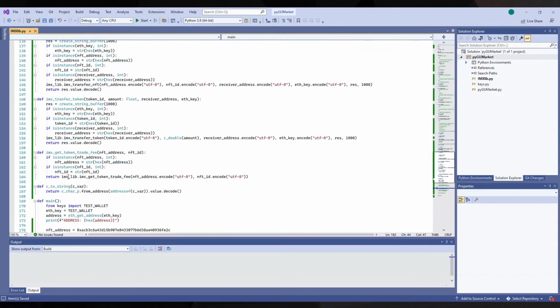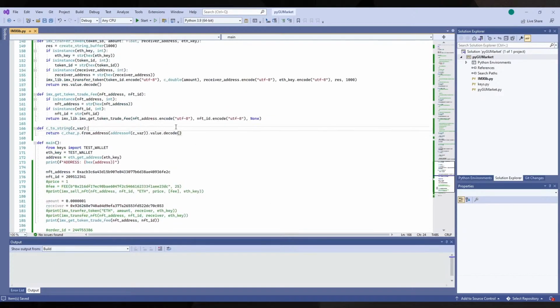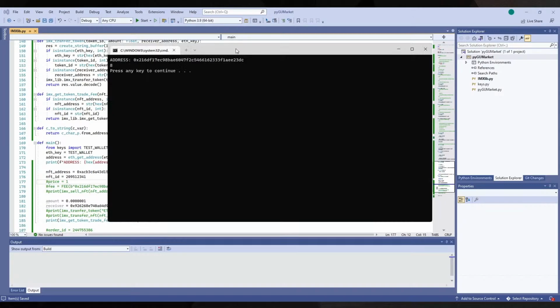Let's see what I did. Oh, maybe it's expecting a third argument, probably because of the curl function. Yeah, that's what happened. That's what's going on. Yeah, so this returns 8,